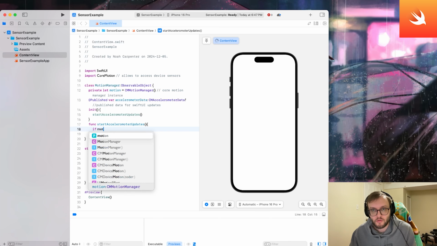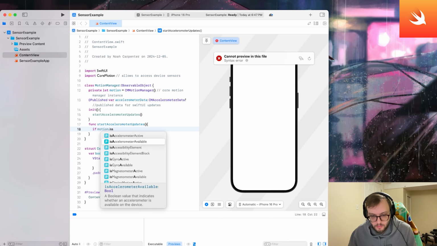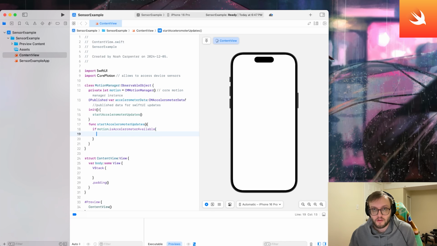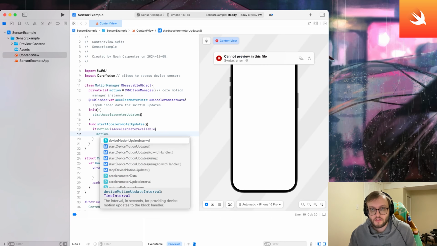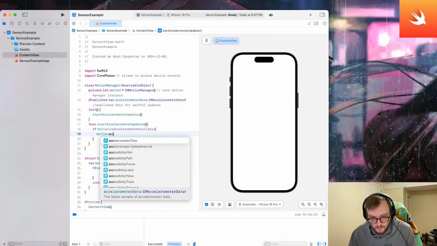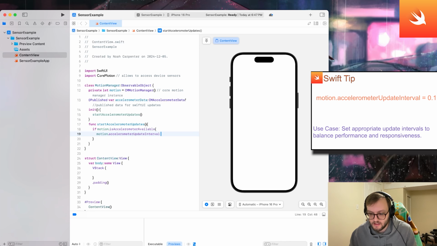We're going to say if motion.isAccelerometerAvailable. So this is a true or false Boolean value that indicates whether an accelerometer is available on the device or not. Add another brace, we'll say motion.accelerometerUpdateInterval. So this is the interval in seconds providing the accelerometer updates to the block handler. And we're going to set this equal to 0.1. So that means it's going to